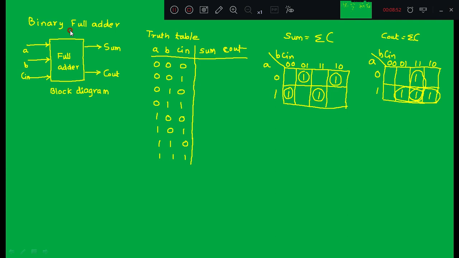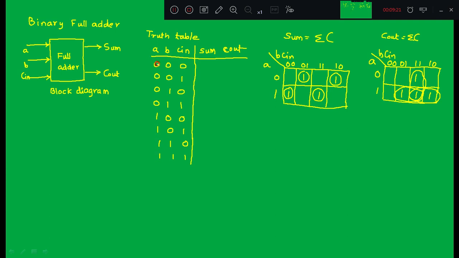Now if you consider a binary full adder, it consists of 3 inputs A, B and C in. For the half adder there were only 2 inputs, A and B; C in was not there. For the full adder there are 3 inputs A, B and C in. Since there are 3 inputs, in the truth table you will get 8 rows.